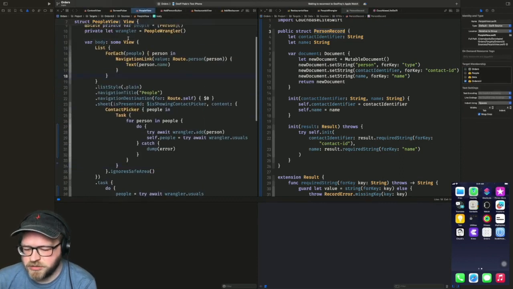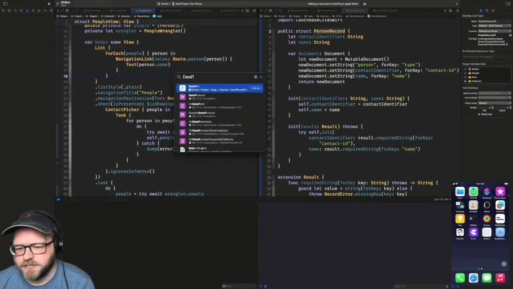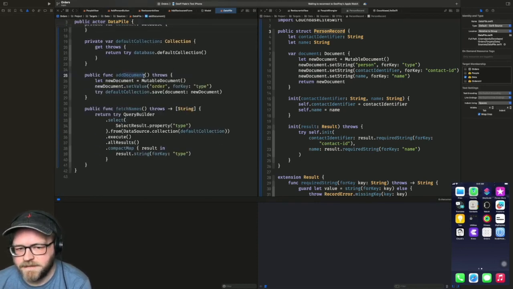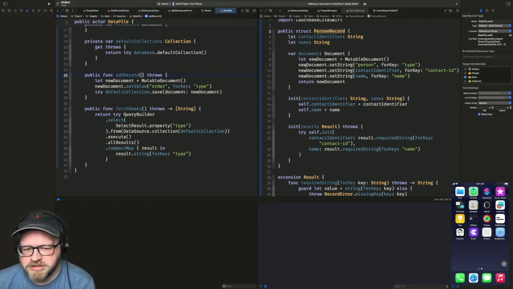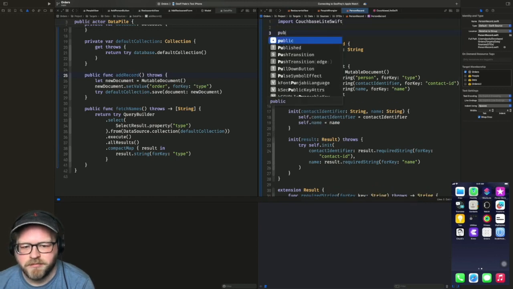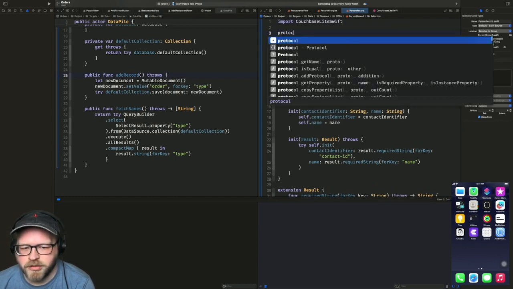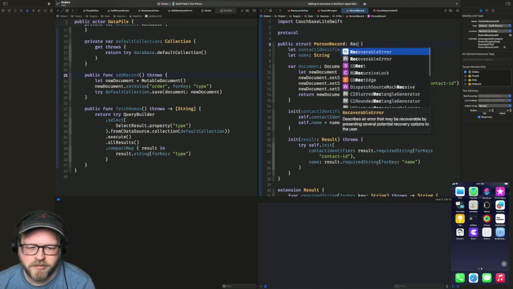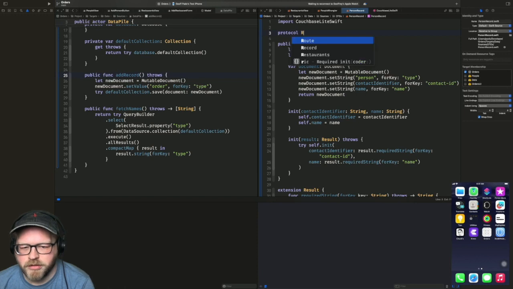So now if we go back to our data pile, we're going to say add record. I kind of want to make record a protocol and just say it has document and init with result, and then we can add whichever one we want. Yeah, let's do that. Protocol. Can we conform to a protocol that's not public? Let's find out. Protocol Record,